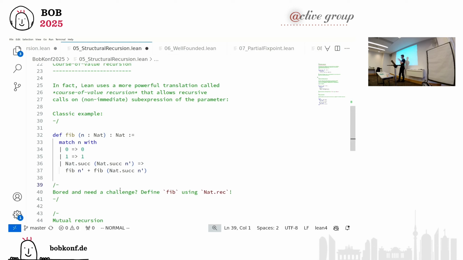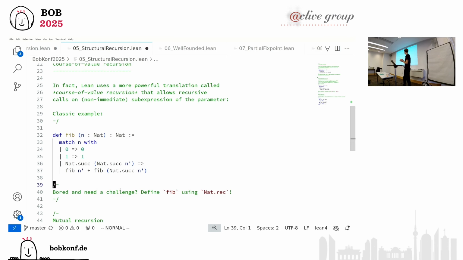And this is not primitive recursion. It wouldn't fit the Nat.rec scheme. You can try to define it with Nat.rec, and you will find a way with some helper definitions and things, but it's tedious. So this is one of the things that Lean, as the system, does for you. It allows this more general kind of recursion and finds a way of compiling it down.